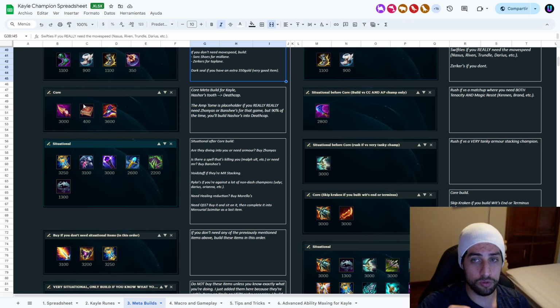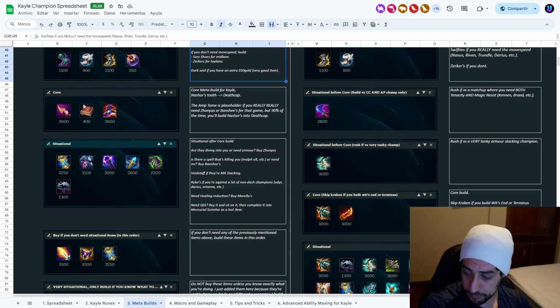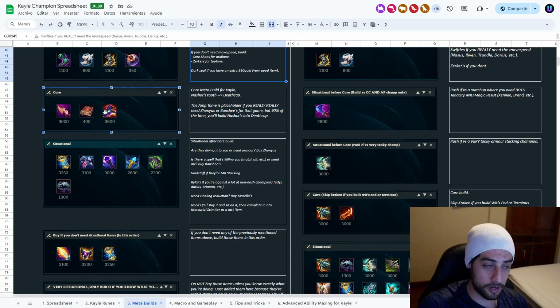either Zhonya's or Banshee's. There are going to be these games where you need Zhonya's or Banshee's. They're really good this season because they have a lot of AP. But if you really need Zhonya's or Banshee's, I prefer them over Death Cap. I would delay the Death Cap one more item. But again, it's only if you really, really, really need them, because Death Cap is an amazing power spike for Kayle. If you can get away with not building them, just go for Death Cap and then build